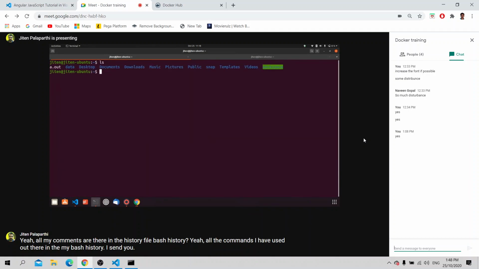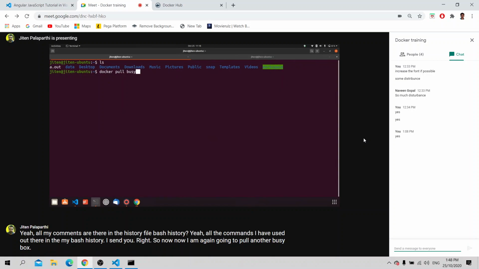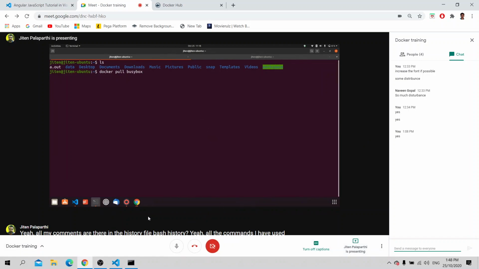So now I'm again going to pull another busybox. Jitu, if any container is running, can we delete images? Yes.